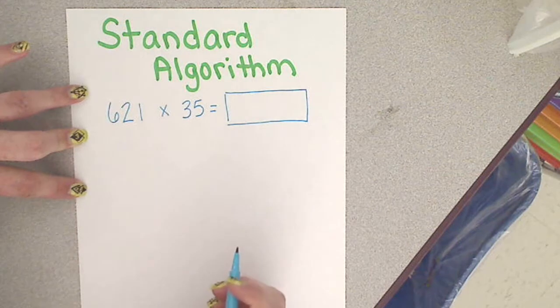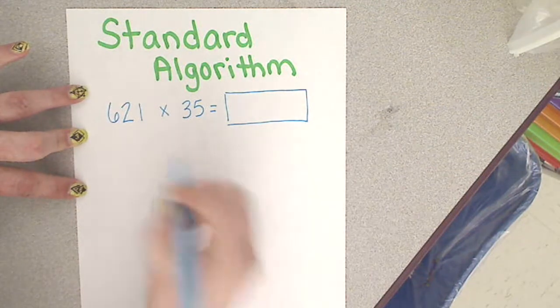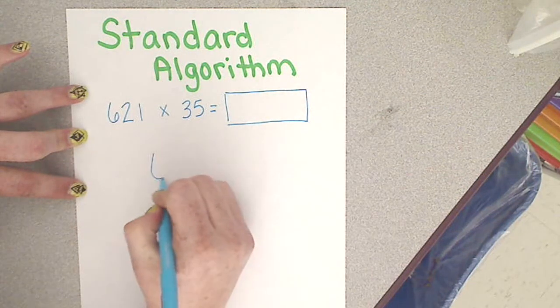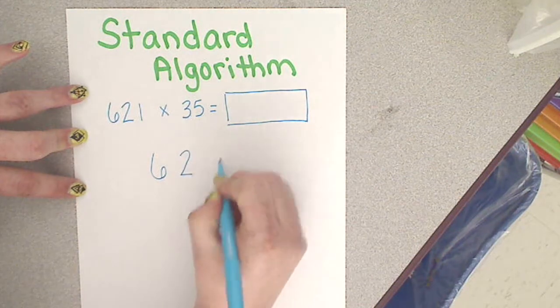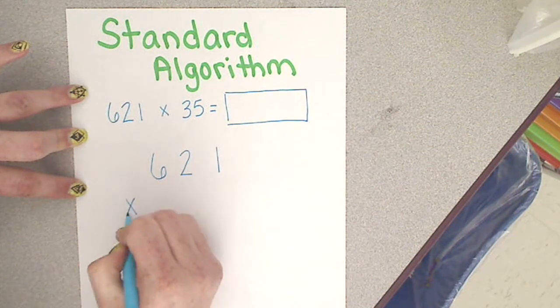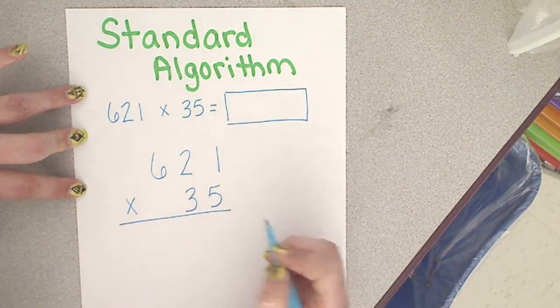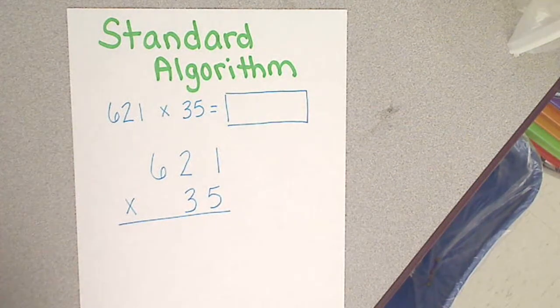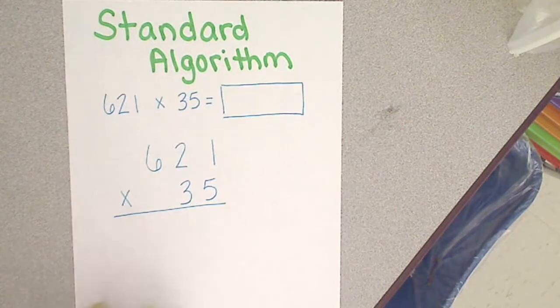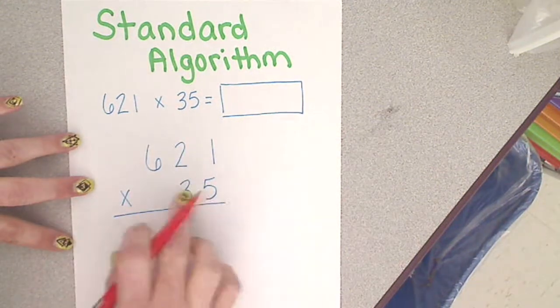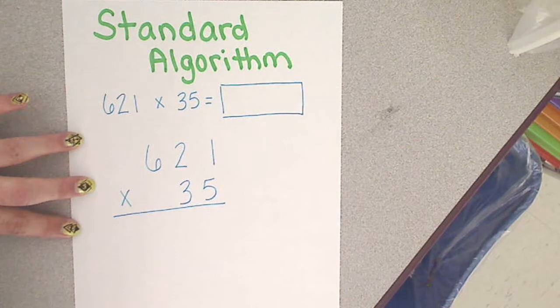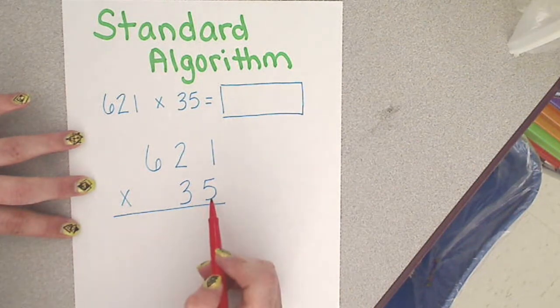So we need to start with formatting our problem, just like you would generally do. 621 times 35. All right. Now, this is where a lot of kids get tripped up, because these two bottom numbers confuse them. So we need to remind kids that you have to work with one at a time. We're going to start with